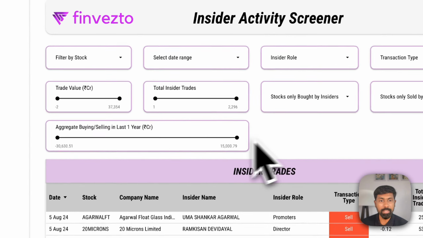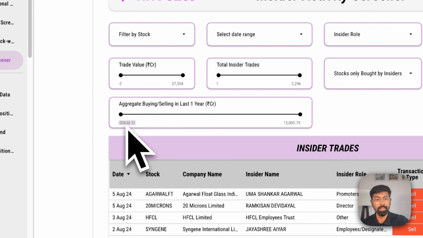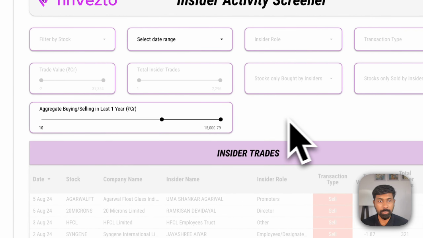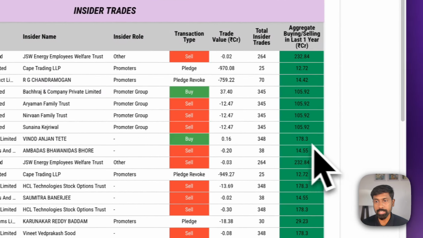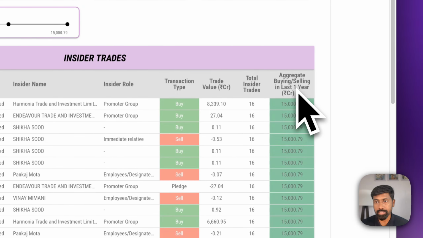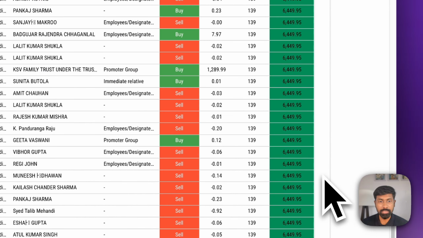And finally, the last filter, aggregate buying and selling in the last 1 year. For example, if you only want to see stocks which have had 10 crores or above of buying in the last 1 year, minimum 10 crores of buying, you can check the stocks here. You can also sort, just click on aggregate buying and selling and you can sort the list here. Ambuja Cement has witnessed the highest level of insider buying, so that you can see here, and then Dixon Technologies